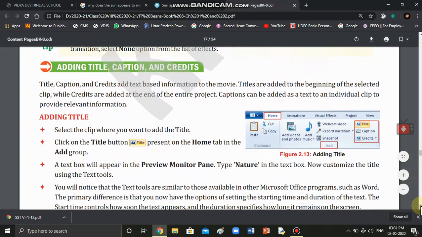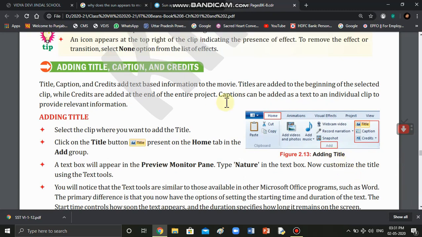Now next is adding title, caption and credits. These three options can be added in your movie by clicking here. See this figure 2.13, title, caption, credits.